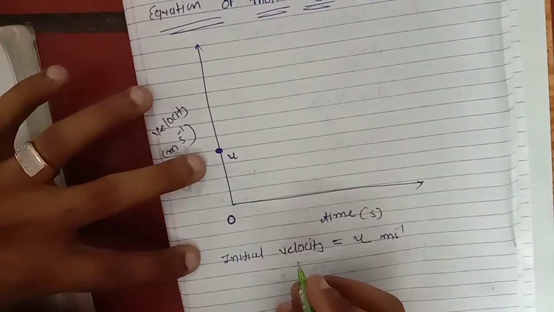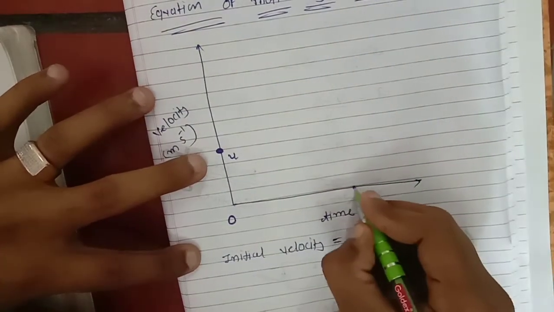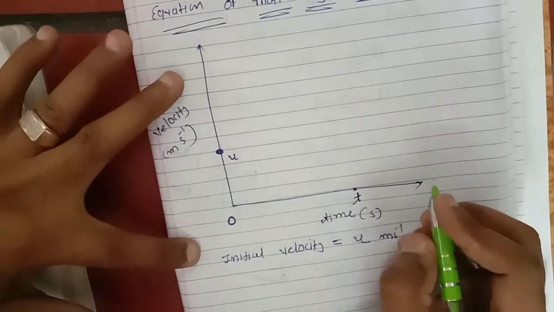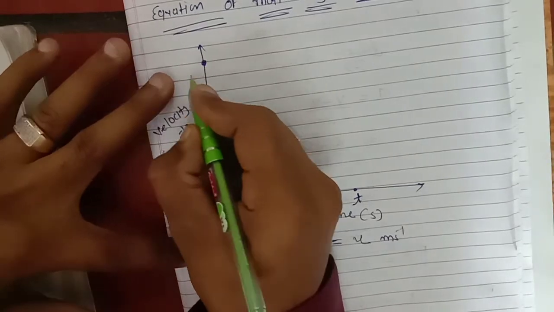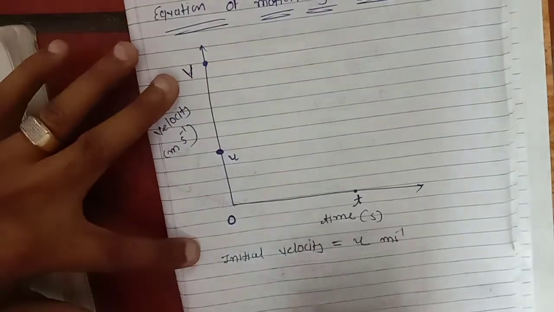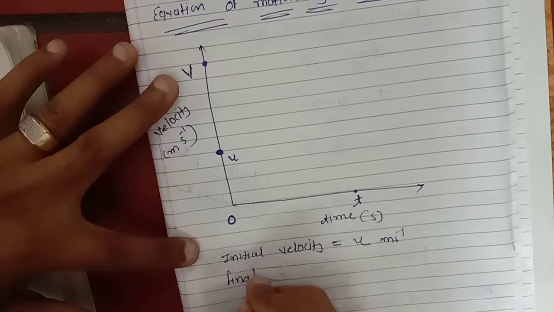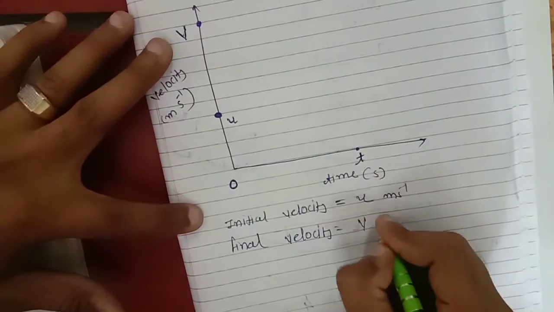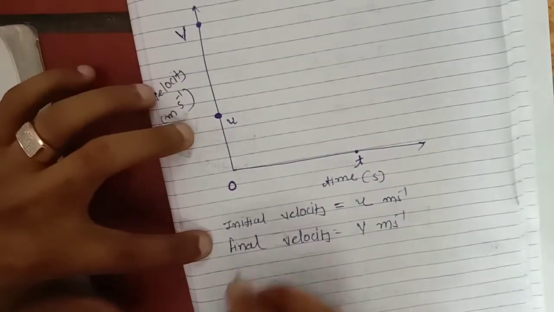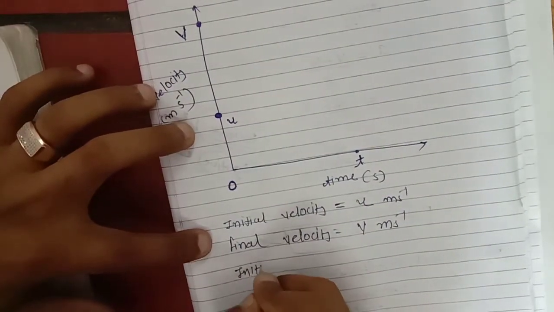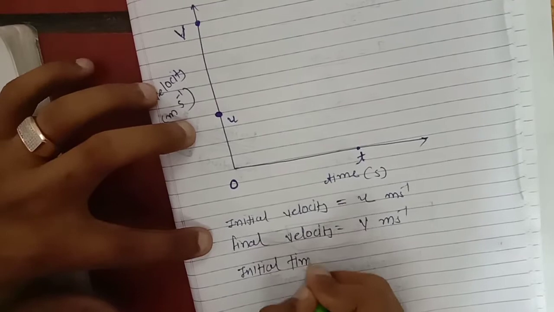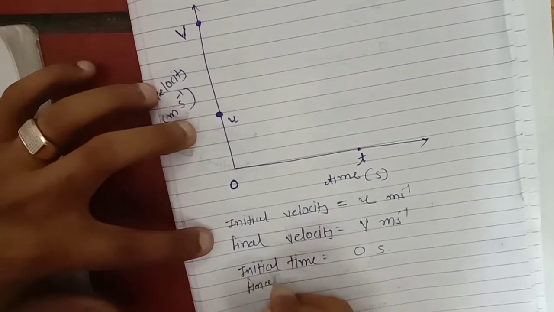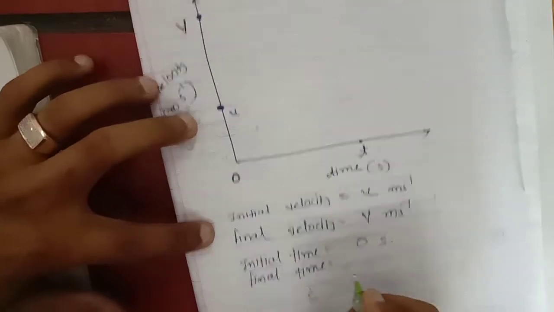And if I end my journey at t second, my final velocity is V meter per second. I write here initial time 0 second and final time is equal to